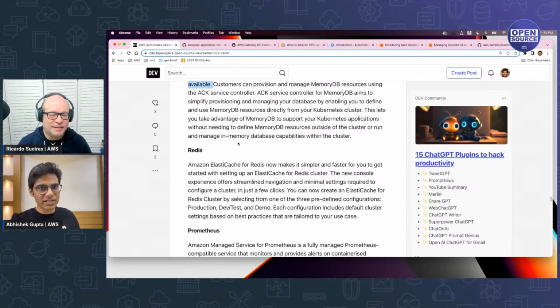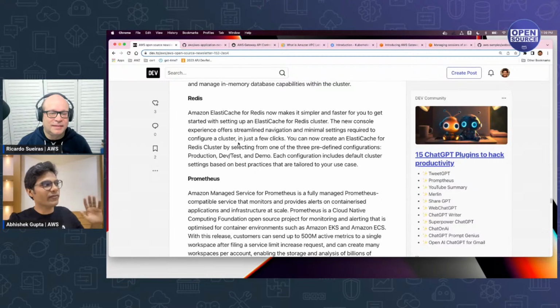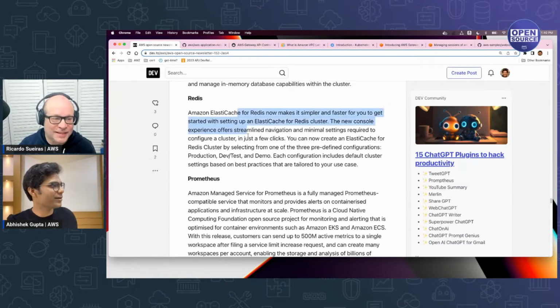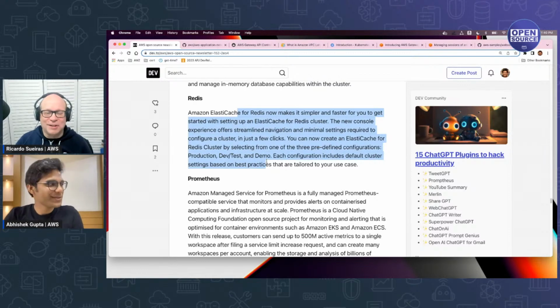And the other one is this. If you use Elasticache, which I'm assuming you do if you use Redis on AWS, this now has a very nice bunch of predefined configurations. So you go to your account, and if you want to set up a cluster, you have these nice configurations: production, dev staging, or a demo, right? A very small one. So just click it, boom, right? Very, very nice and smooth experience. You don't have to think about it. So yeah, I just want to give a quick shout out in case these are really super useful.